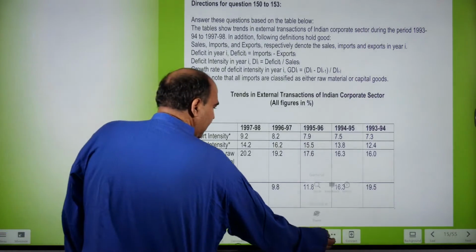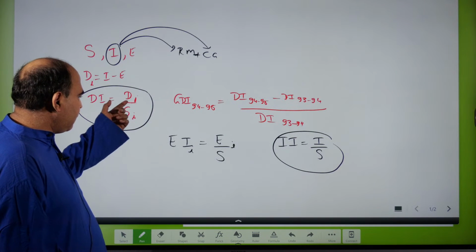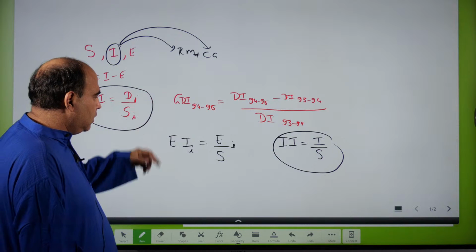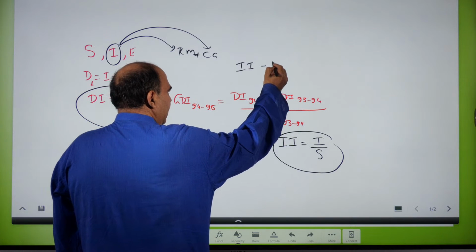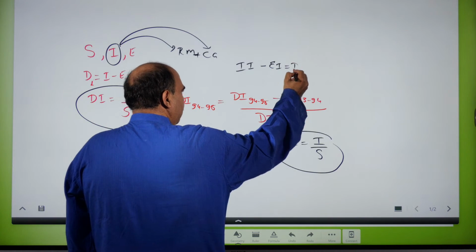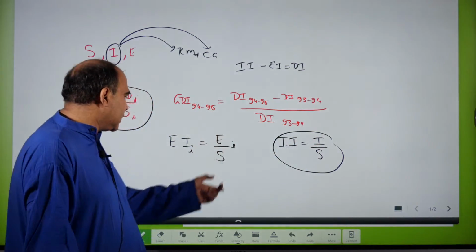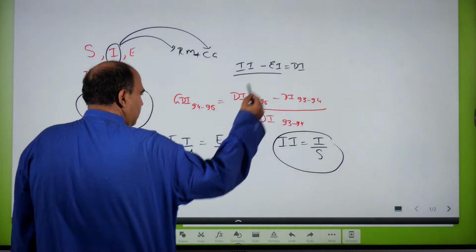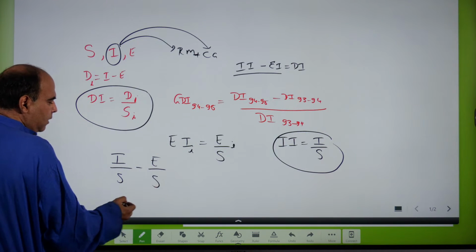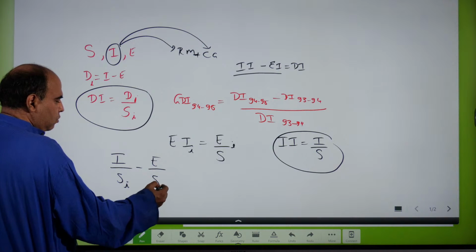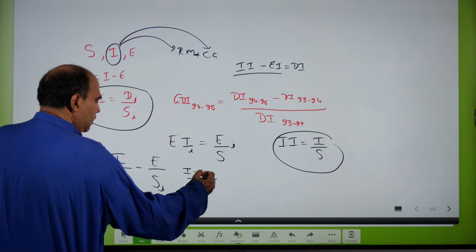if I could look back at my formulas, I should be able to work out when I look at these 2 columns that the deficit intensity, because deficit is imports minus exports, so I should be able to make out that if I subtract from import intensity the export intensity, I should be able to get deficit intensity, because you can look at the formula for any year i, import by sales minus export by sales. So if you do this, you'll get import by sales minus export by sales. Since you are talking about the same year, the sales will be same in that year. So you can take the denominator common, and you've got import minus exports in the numerator,